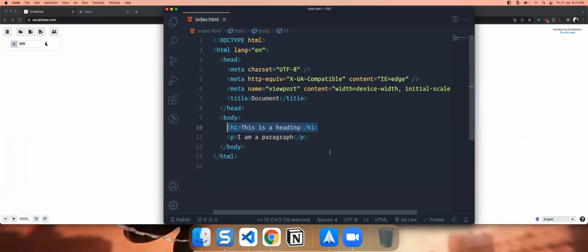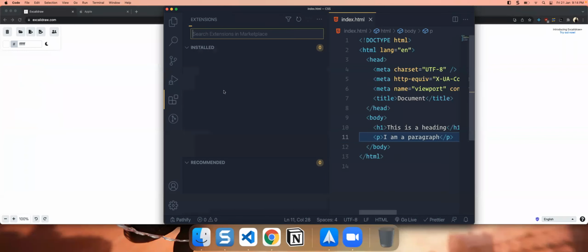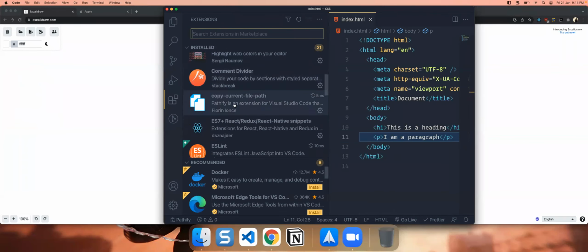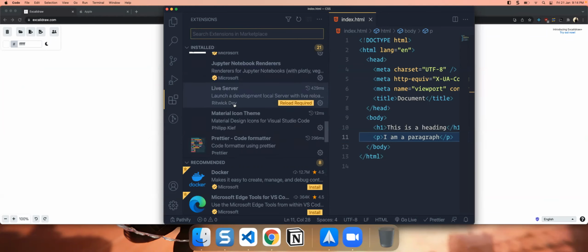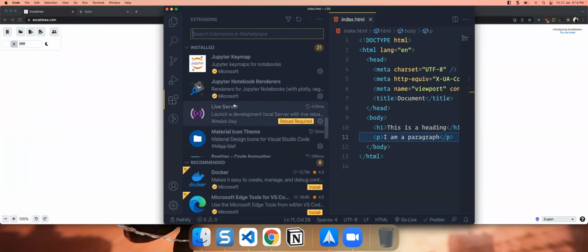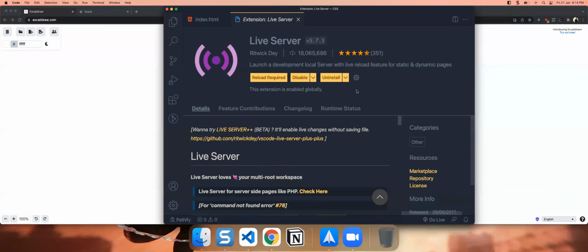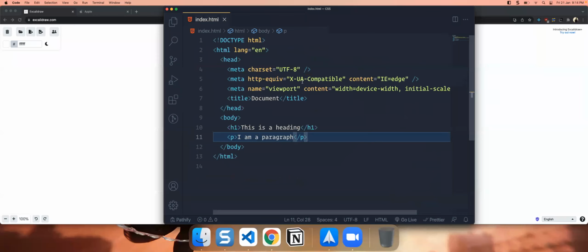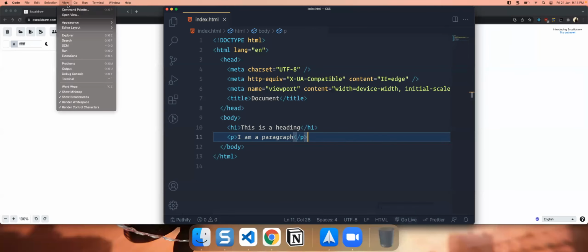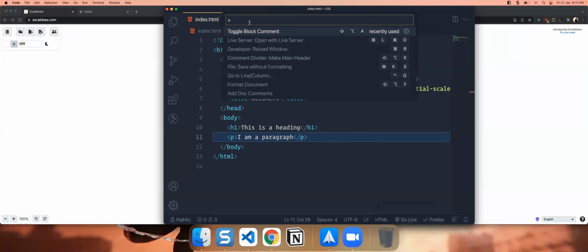Now before that, let's run this again. If you remember, yesterday I had spoken about this live server extension. I hope you guys have installed it. After installing, just come here. You will either see this option called go live here, which you can click on, or go to view, go to command palette, search for live server